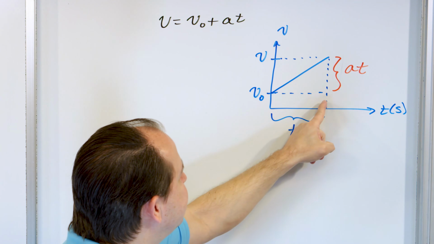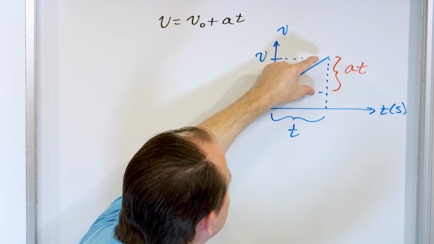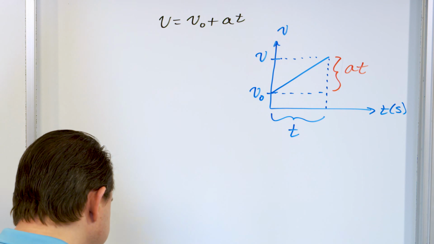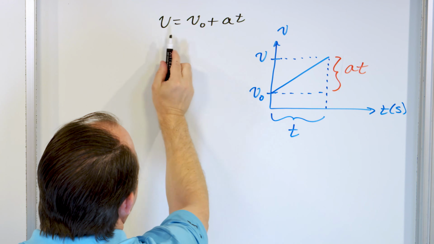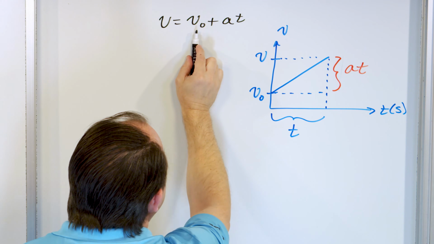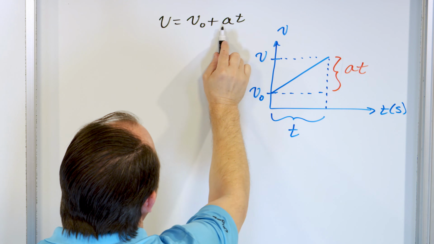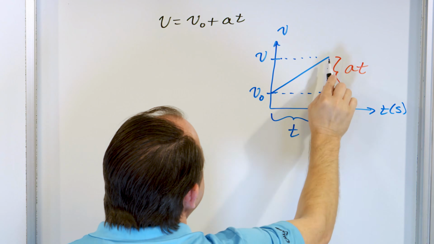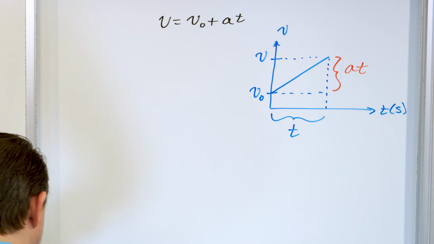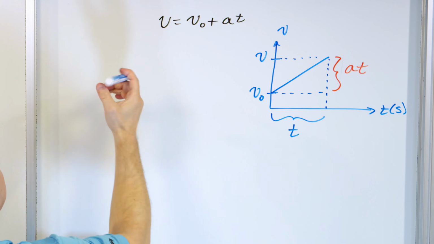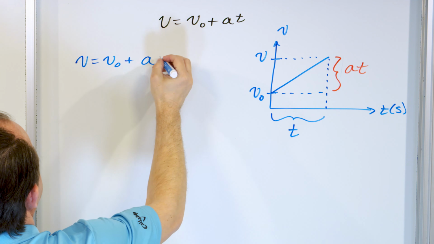So by taking the number of seconds multiplied by the acceleration that's happening, this is the total velocity that I've picked up. So then I can say with confidence that the final velocity, whatever I end up at, is going to be whatever the initial velocity I was traveling at plus the speed I picked up due to the acceleration. This much is the velocity I've gained. That's what this term is actually equal to. So if you go down here and write it again, v is equal to v naught plus a times t,